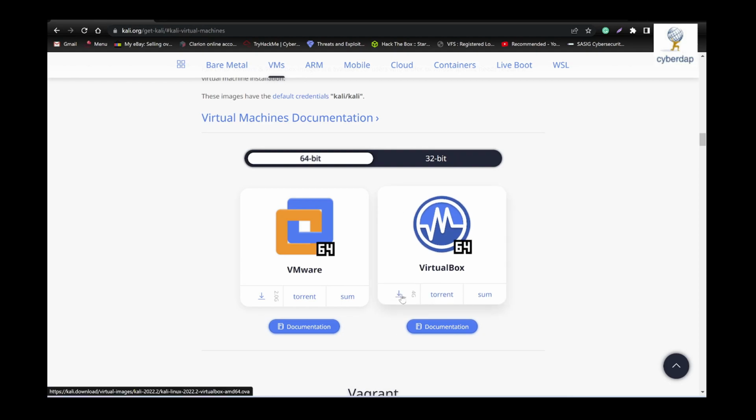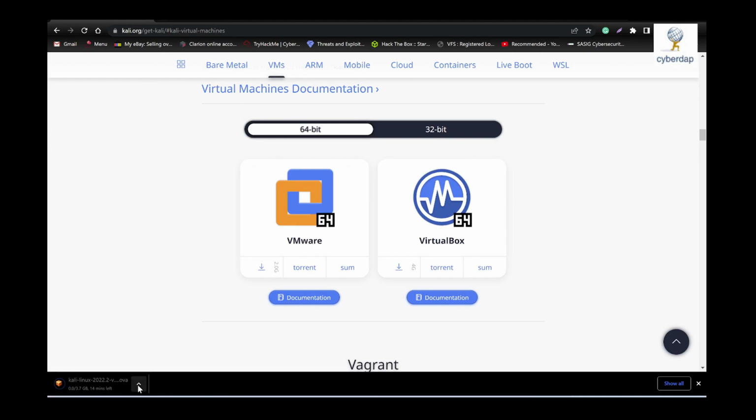So I'm going to click on the download. That's the arrow down there, and that's the size of the file. That's 4 GB. You can also use torrent, but for the purposes of this video, we're going to go straight to the download. So I'm going to hit the download button, and we're going to see in the bottom left corner,